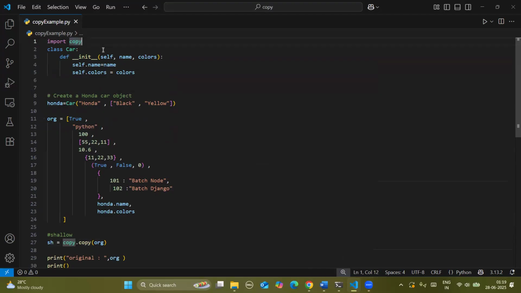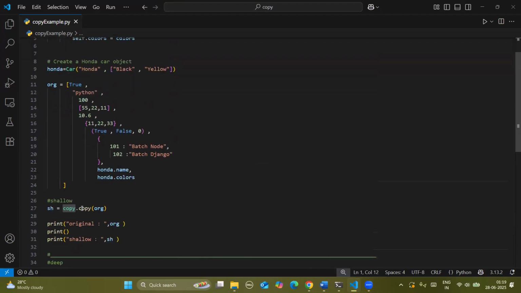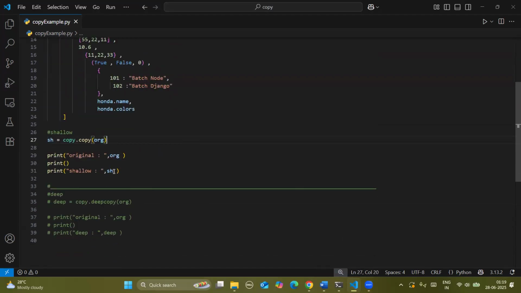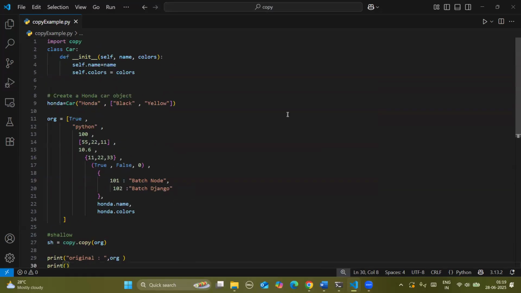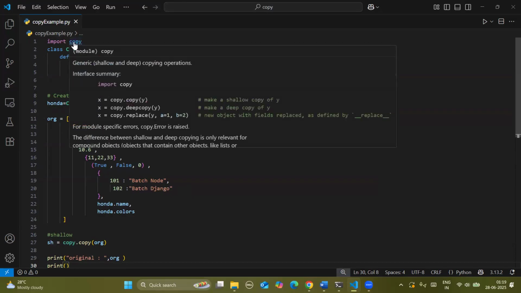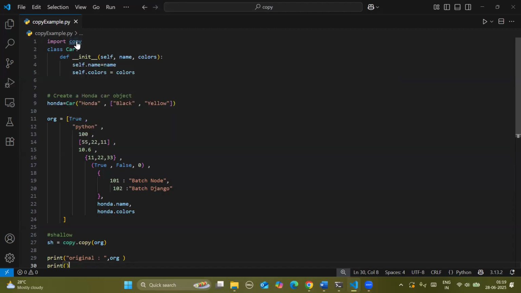Copy is a module from which these two, the copy function and the deep copy function, have been imported. I can show you if I open this link. Yes, you can see it's showing copy is a module. Inside import copy, there is a deep copy, different types of copy: copy.copy function, then the deep copy function, and replace. There are so many functions there. If I also click over here,